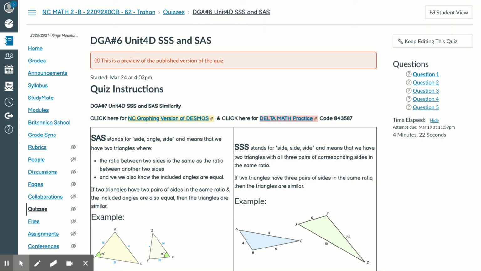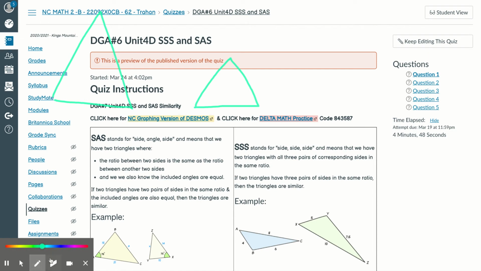Okay, so on this assignment, what you're going to see are the other two ways that you can easily identify that you are looking at similar triangles. So remember what similar triangles are. If you have two triangles that have the same corresponding angles to be congruent, so real quick, like this angle